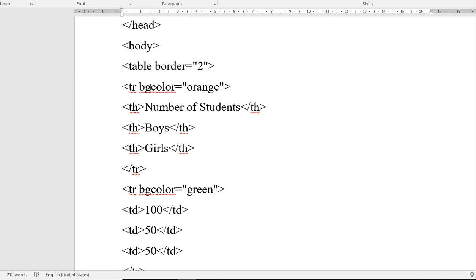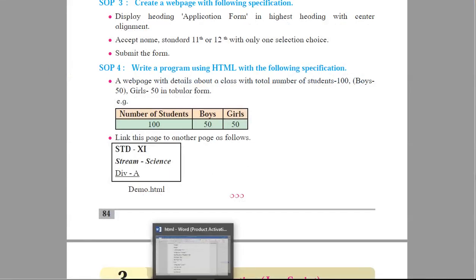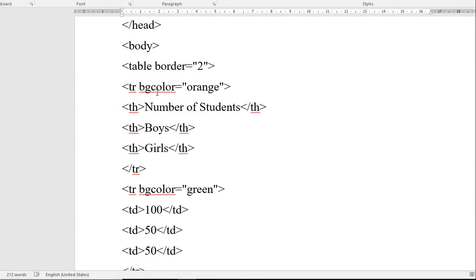This will be created by using TR, that is table row. The first row has the background color orange, as you can see. So we have written TR bgcolor. Bgcolor is used to assign the background color. For that first row your background color is orange, so we have given TR bgcolor equal to orange.